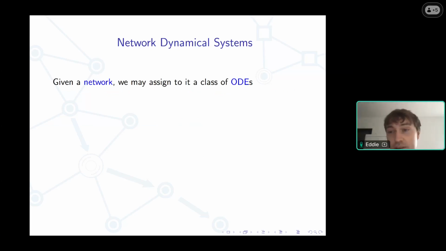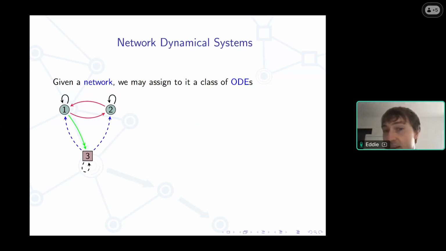So here is an example of what I would call a network. Essentially, it's just a directed graph, right, with a bunch of bells and whistles. What you can see is that some of the nodes are round, so they are of the same type. Another node here is square, so this would be a node of another type. There are some connections between them, some interaction, and they have different colors and setups, and that just means that they could be different kinds of interaction between the nodes, or similar kinds of